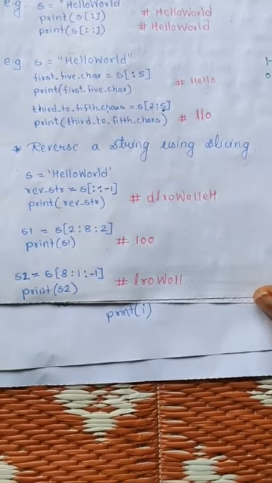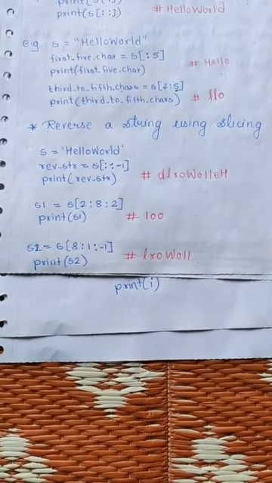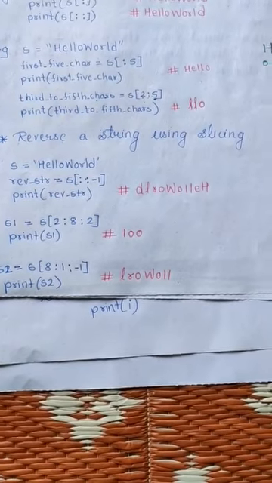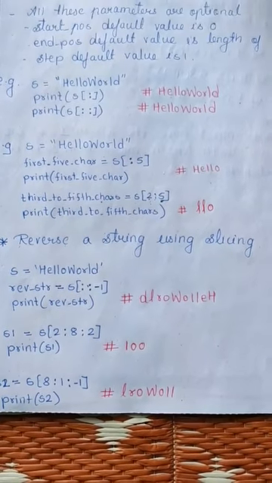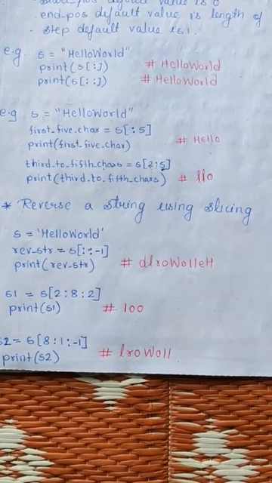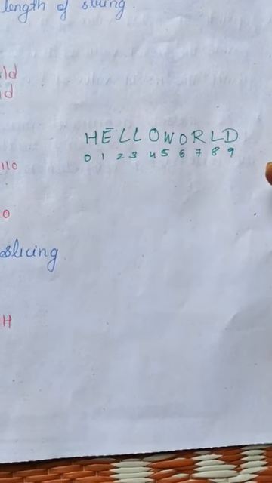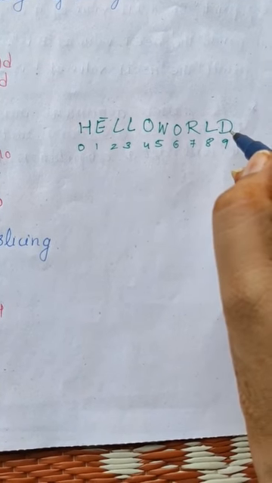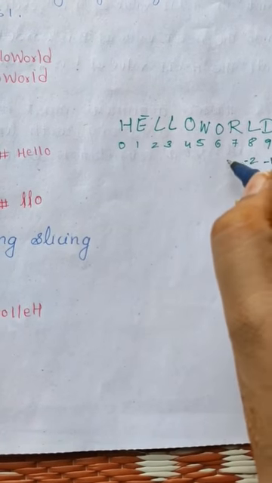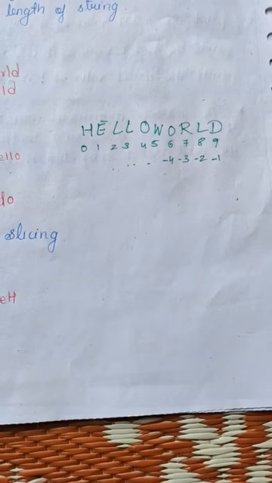Now, we are also facilitated with reversing a string using slicing. If you remember, we have seen that we may give the index in reverse order also. That means negative indexing. If we take this example again, the reverse indexing will always start with the last character of the string and with -1, that is negative numbering. So likewise it will continue, and I will not write it again.